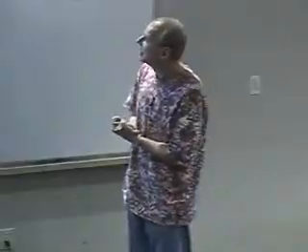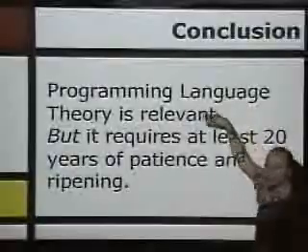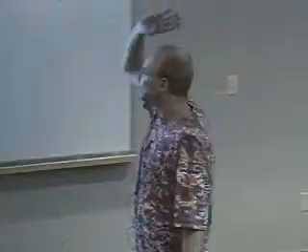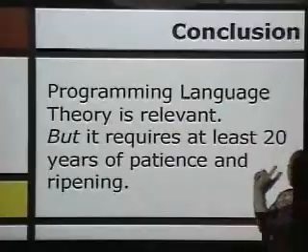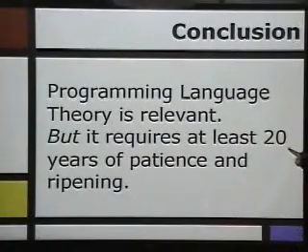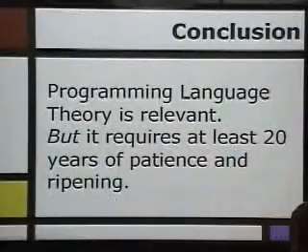Okay, that concludes my talk. I hope that you've seen here that we have been able to take a lot of very esoteric programming language research, monads, type inference, type classes, coherence, and put them in these mainstream languages. But it requires a lot of patience. The comprehension ZF things was from the 70s, so it takes many, many years. And the other thing is it takes ripening. You have to take these concepts and simplify them to make them accessible to the masses. Like type inference, yes, in Haskell is great.